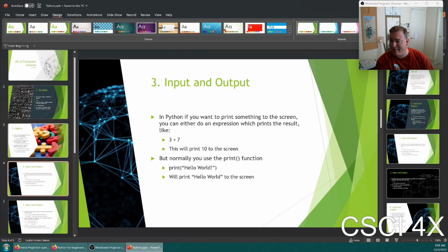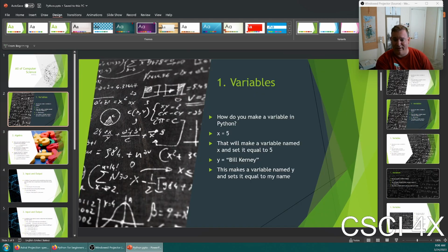You have to know how to do input and output. Okay, we're going to go through each one of these, but once you know those 6 things, those big concepts, what's really interesting is that when somebody gives you a new programming language,